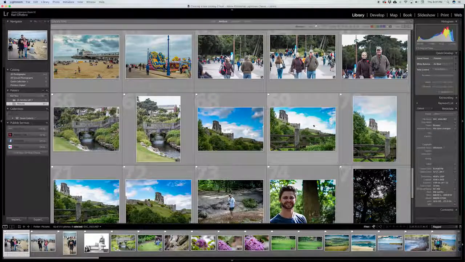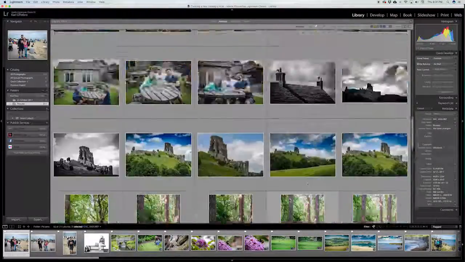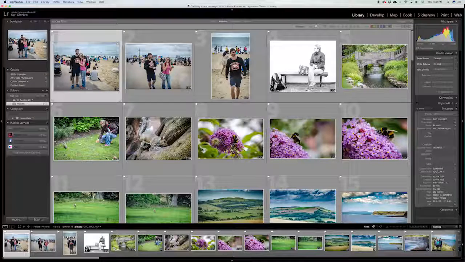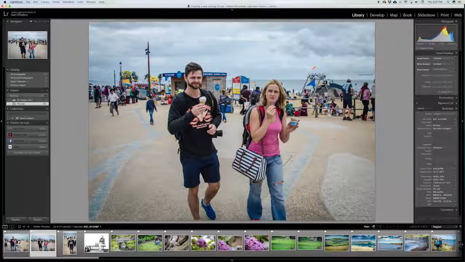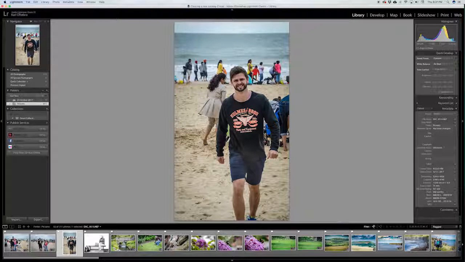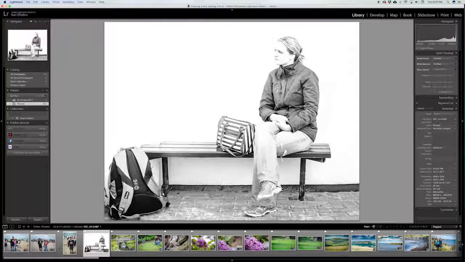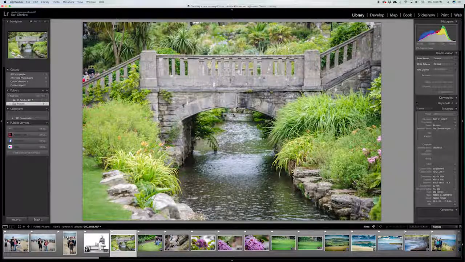We're not going to spend too much time, but I just want to give you a quick preview of the editing that we've done and how it's turned out. So let's quickly go through all the images and you can have a look at how the editing turned out. And there's nothing more rewarding than looking back on some of your photographs from a holiday and enjoying what you've